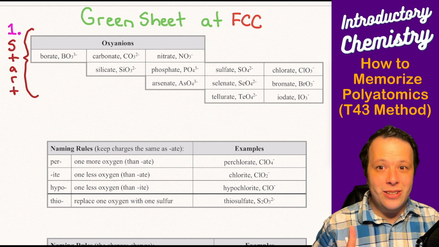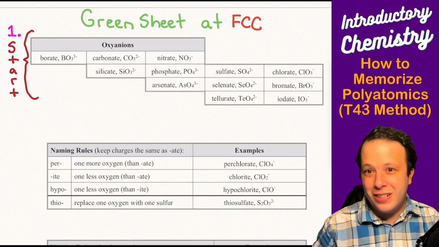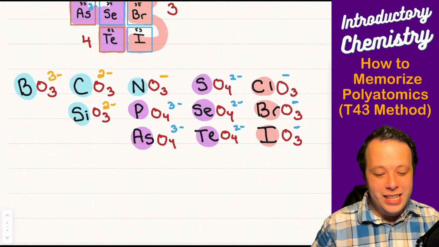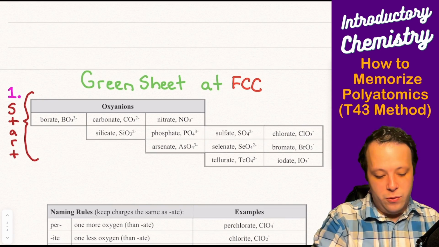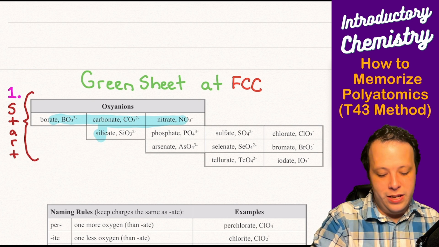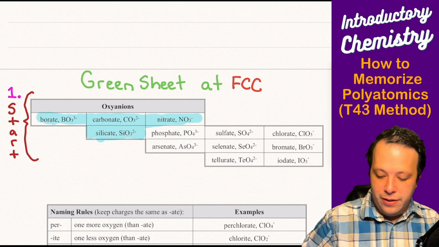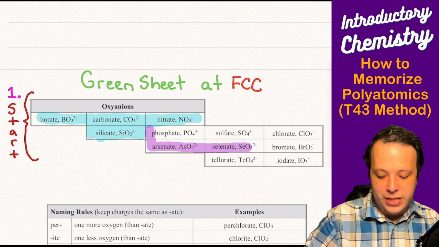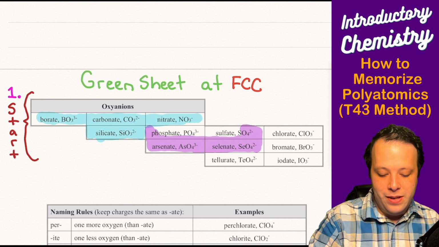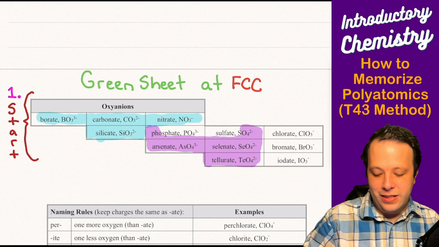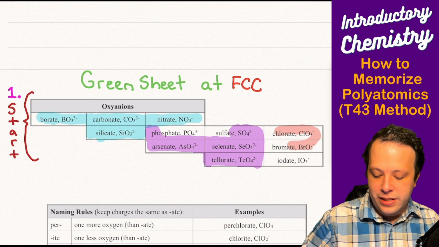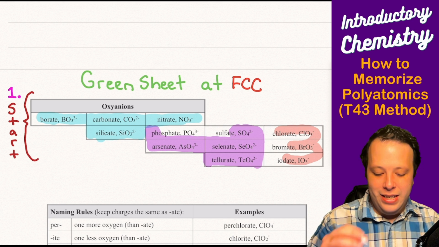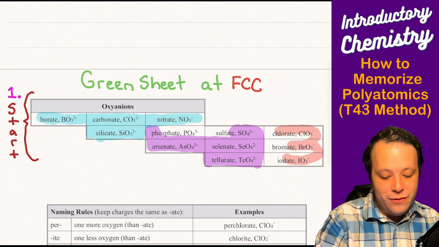Now, one thing you might notice is that it's in the shape of something we covered in previous videos, which is the T43 method. So it is in the exact same shape. What do I mean? If you notice, we have borate, nitrate, and silicate. That was blue, so that's our T. Then the next column with phosphate, arsenate, sulfate and all these is our 4. You can see my really bad drawing of a 4 here. And then chlorate is in the shape of a 3. So we have each of those different parts of the T43 method.